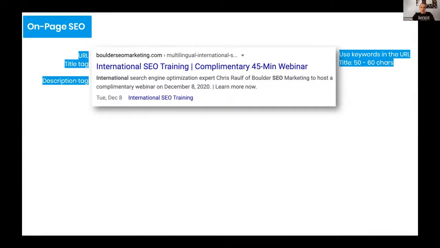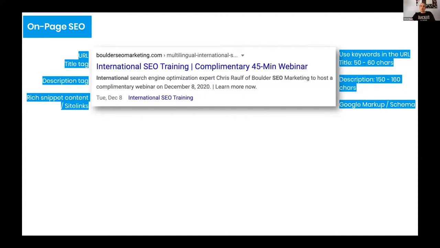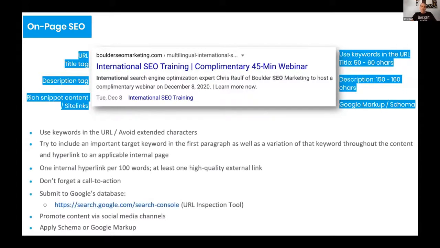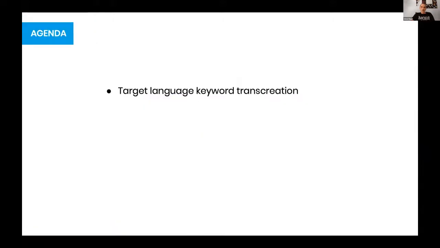A call to action should be in there, and you definitely want to include 1 or 2 other keywords, stick to about 160 characters. And then we can create rich snippet content and site links by applying Google markup or schema. Here's a little checklist on how to properly optimize each and every one of your pages. You're going to get the slides, so you can read up on that when you get those slides.